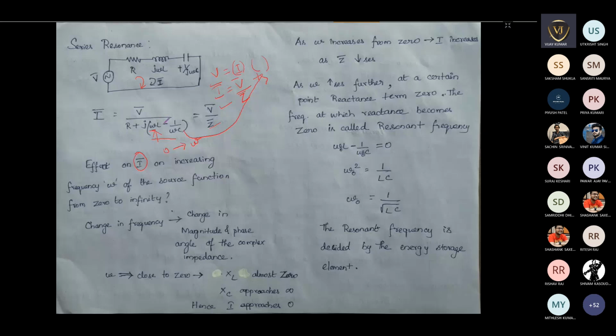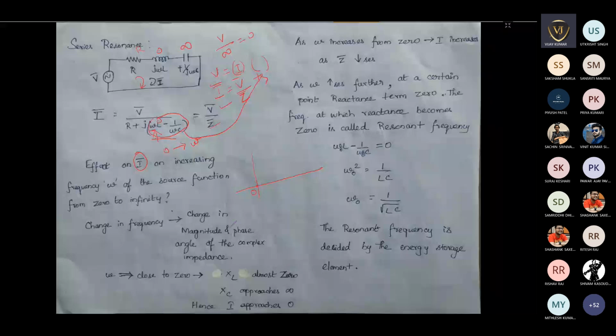this complete term will become infinite, because if omega is 0, this is 0, but here 1 by 0 is there, so this part will become infinite, right? Because of that, the current flowing through the circuit will become infinite in this part, this will become 0, and you are having R here. So V divided by infinite, the current will be 0. So if I plot it at omega is equal to 0, I will get 0 as current.